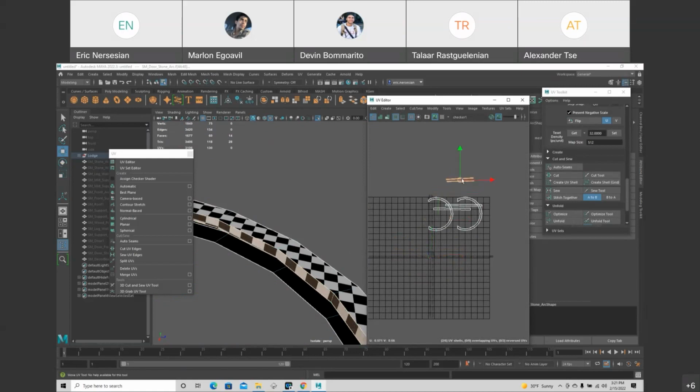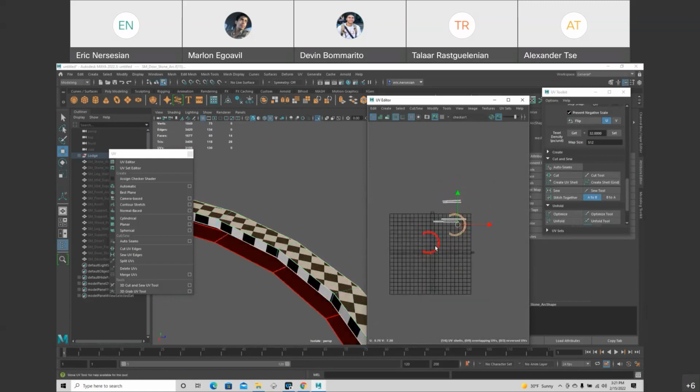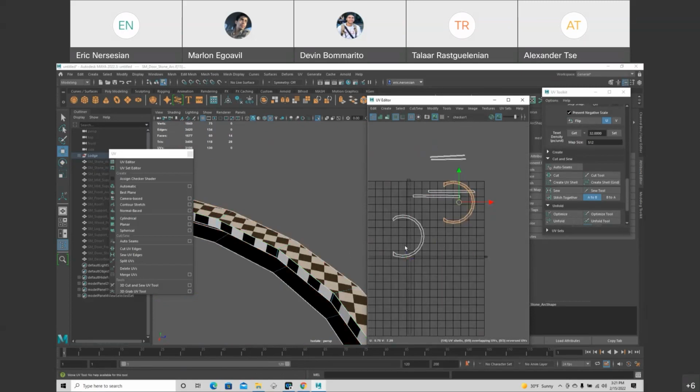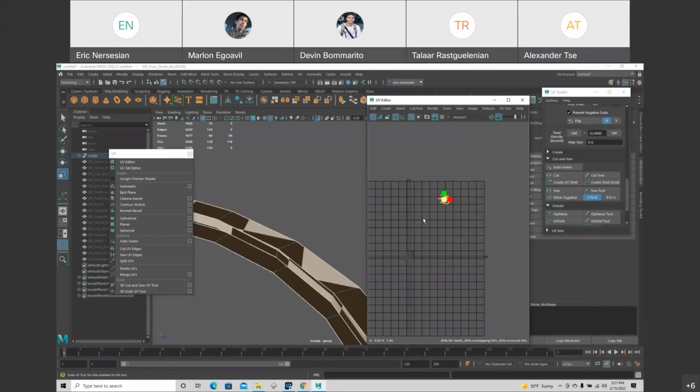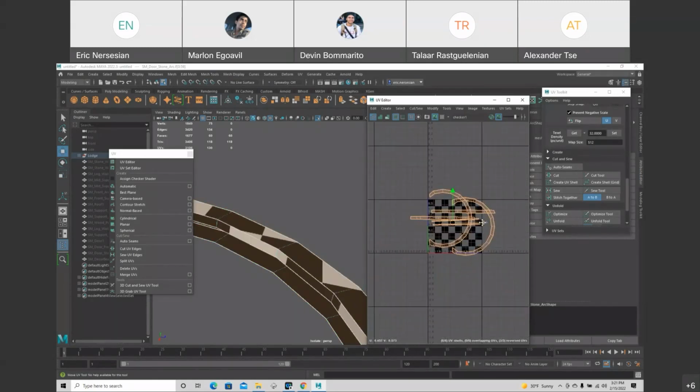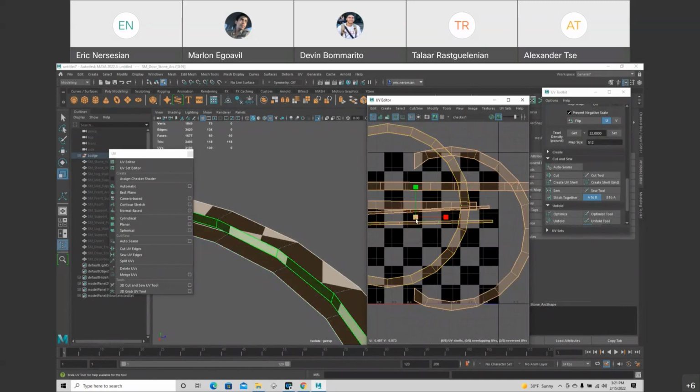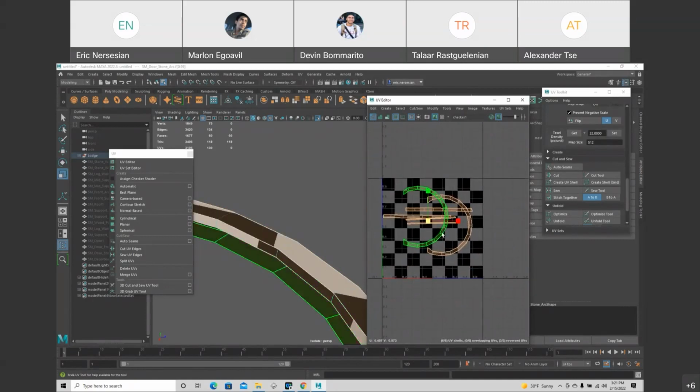So I'll move them up. I got 6 pieces I got to think about. I'm going to put them on top of each other just because it's easy. I'm going to scale them down, move them back, scale them down. All right, at least I'm in the space.